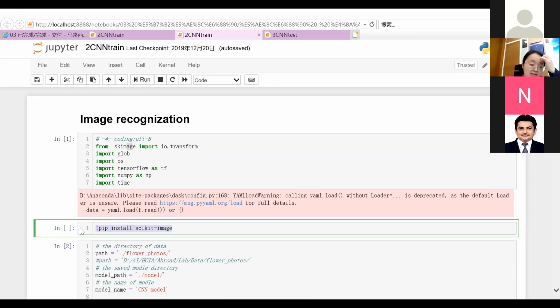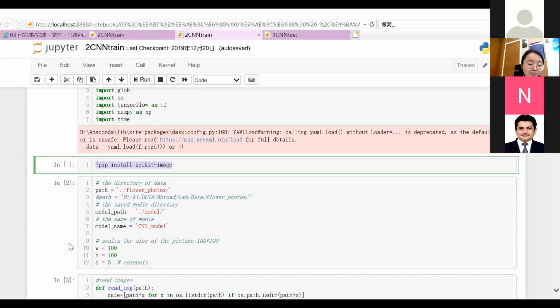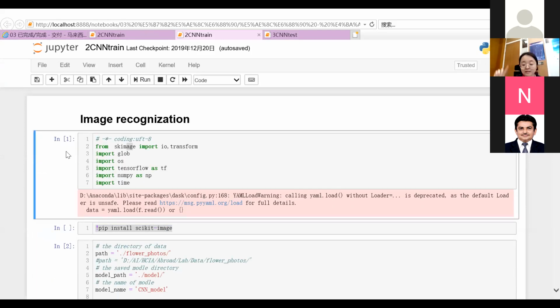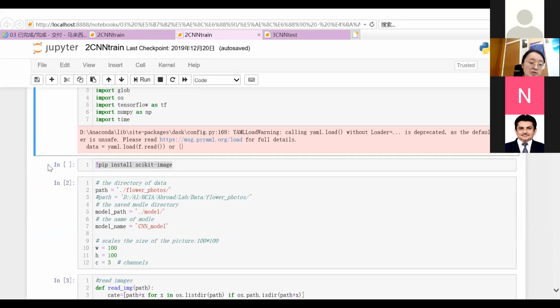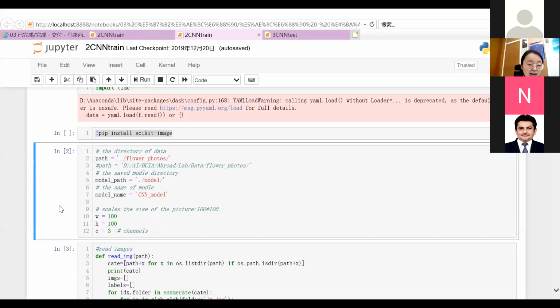You can install this scikit-image by this command, and run it. Those are the modules we need to install, and then what we're going to do is